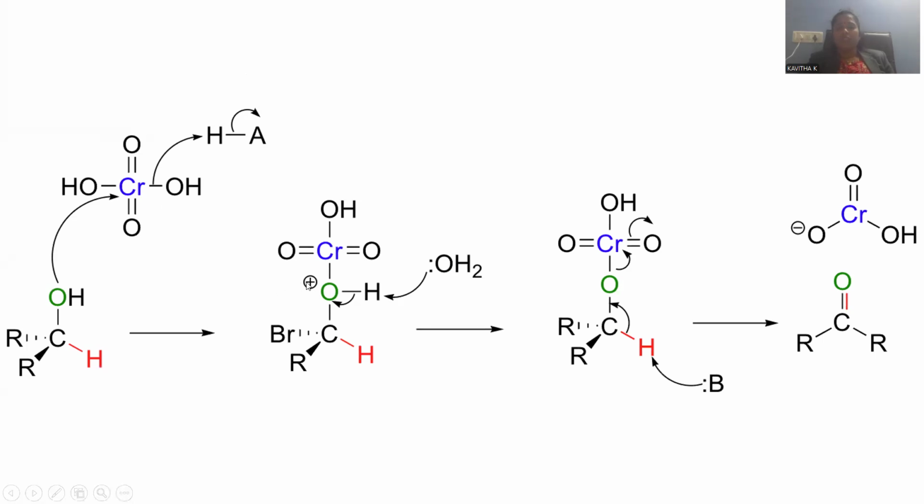In order to remove the charge over there, water will abstract this H plus. Whenever water accepts H plus, the electrons of the bond will be retained by the oxygen. There is a chromate ester possible. Again, we need to delocalize the electrons. The bonded electrons move towards the oxygen with simultaneous cleavage of the bond over there. The oxygen-chromium bond is pulled towards the chromium, and this H plus will be taken by the base, and these electrons move over there, giving rise to a double bond, which is called a ketonic bond. This is a secondary alcohol, subsequently converted into a ketonic form by chromic acid oxidation.